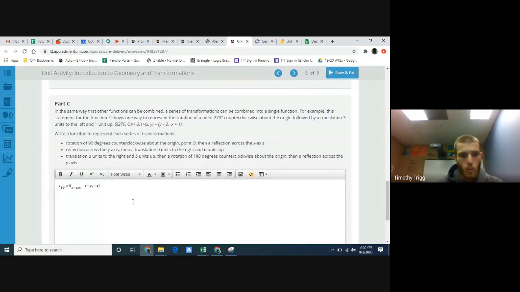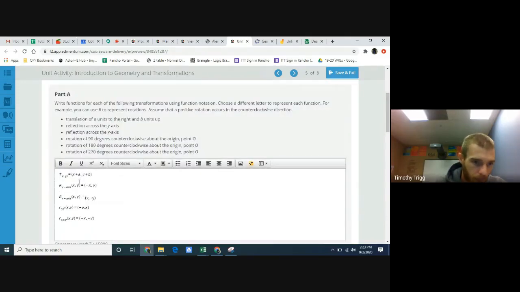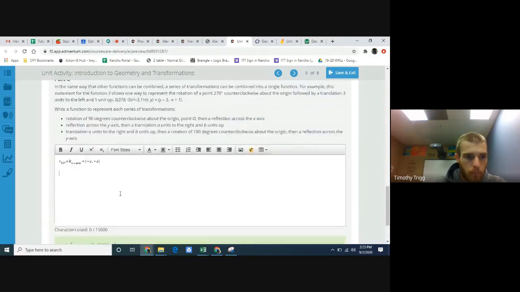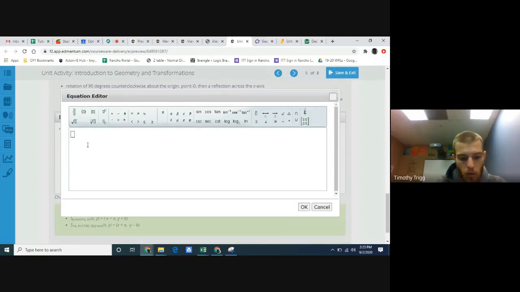What's the next one? Reflect across the y-axis and then translate a units to the right and b units up. So first we're going to do a reflection across the y-axis. So reflection across the y-axis is negative x, y. So we're going to do a reflection across the y-axis. And then we're going to translate